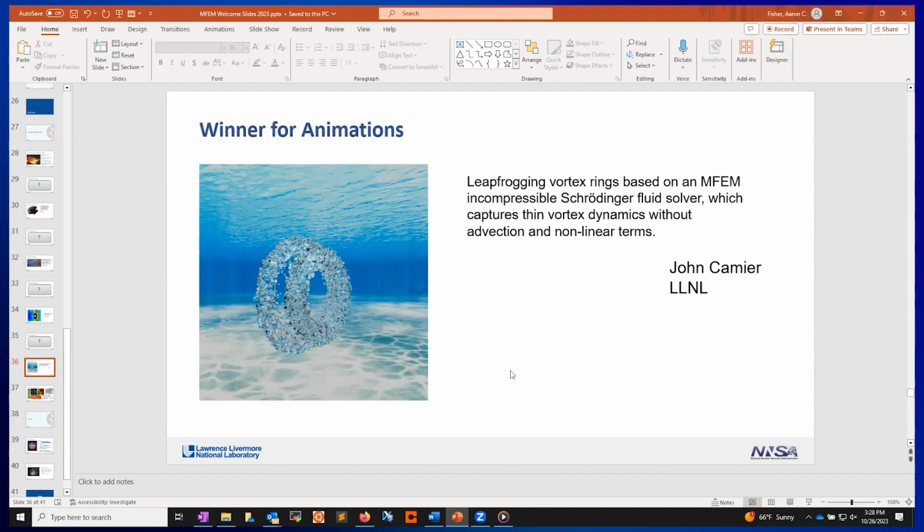There are two complex wave functions at each H1 DOF, and there are velocities on the edges, on the ND finite element space. And there are particles that are animated, or advected, through these velocities.